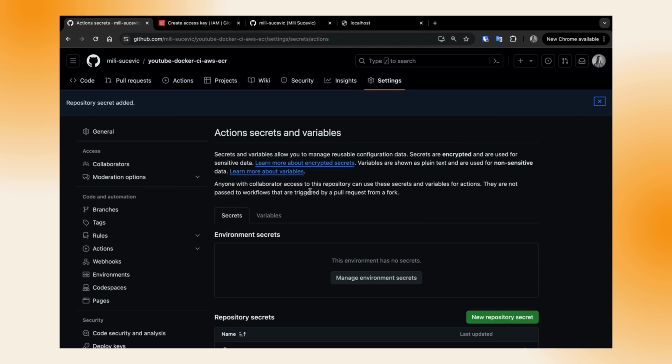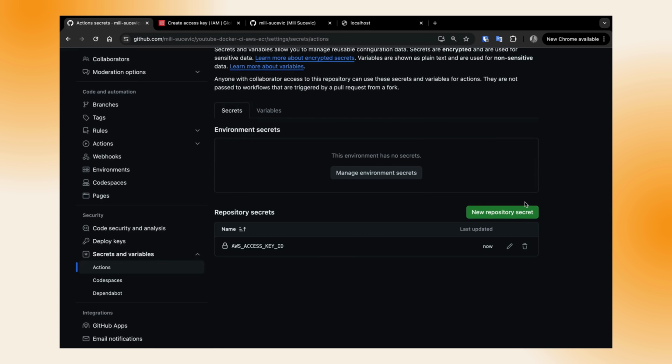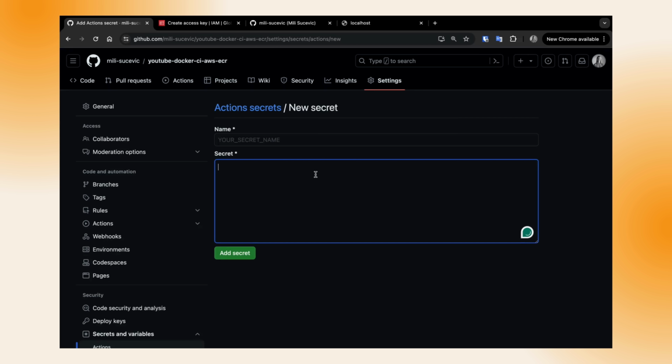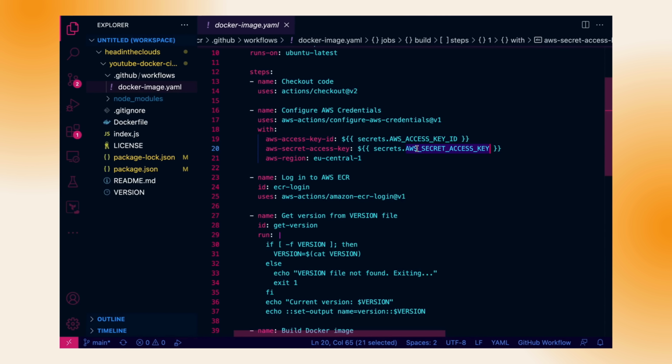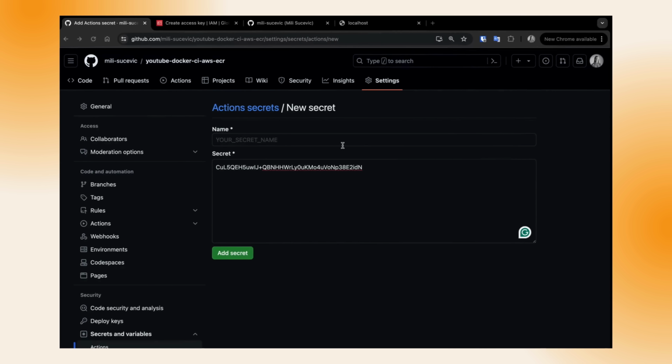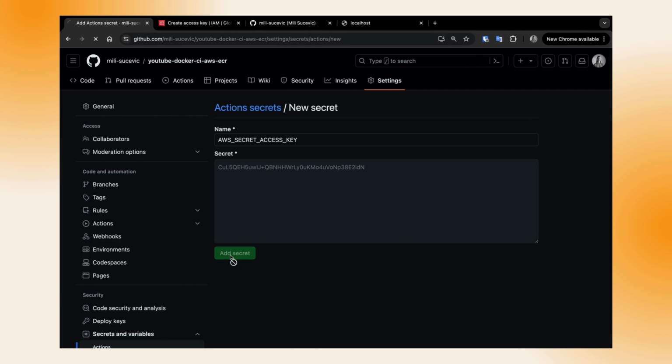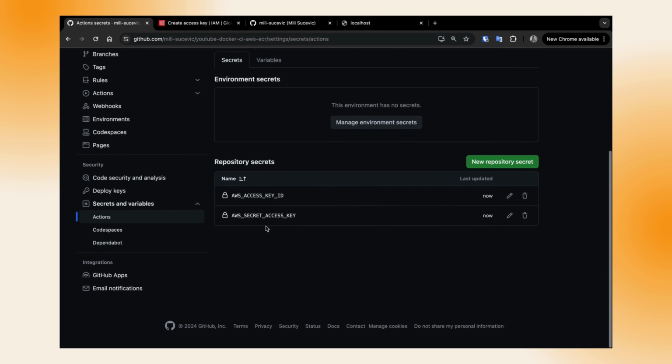So we'll just copy that, and we'll create a new repository secret. We'll add the secret in there, and once again, we will copy the relevant secret access key variable and also paste it in here. Add secret. And now we can see here that we've got both AWS access key ID and AWS secret access key added